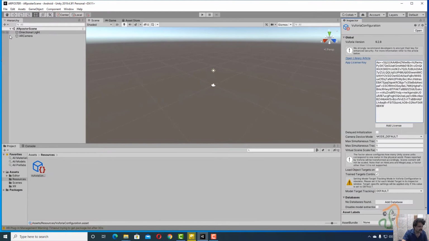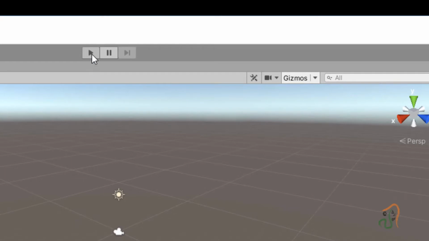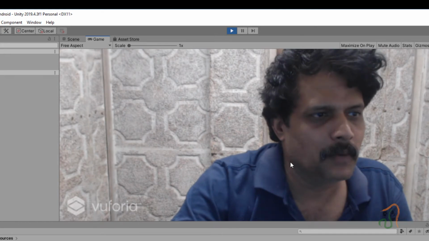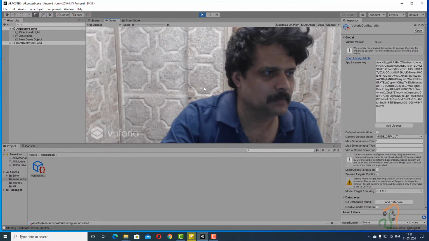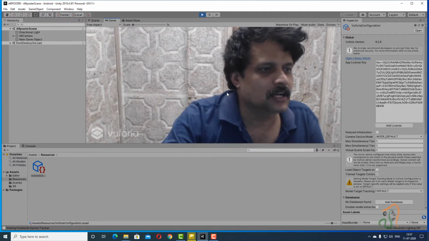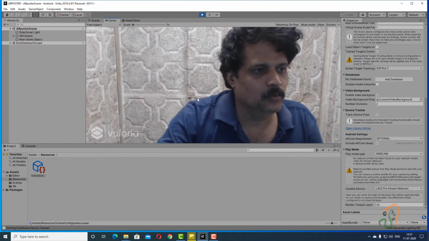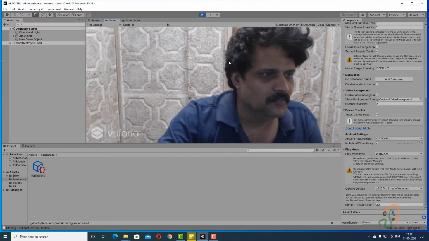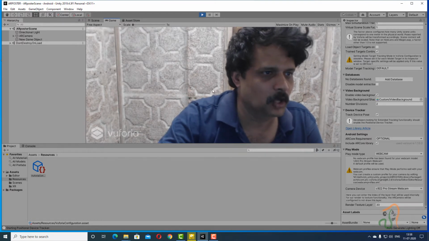Once this license has been added, now let us test. To test it, click the play button here. Once we click the play button, see the webcam that is connected to my computer can be seen here. If you are seeing your webcam picture over here, this indicates that your Vuforia has now been configured. Sometimes if you have multiple webcams and you have some issue and it is not visible here, if you are not seeing your camera image over here,